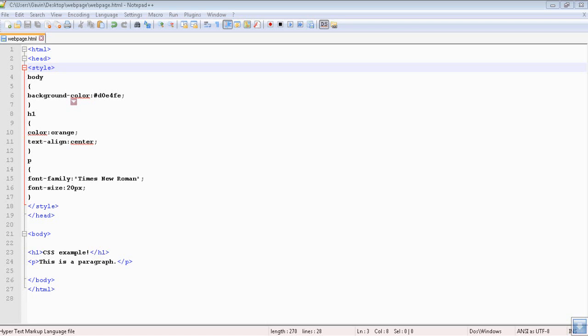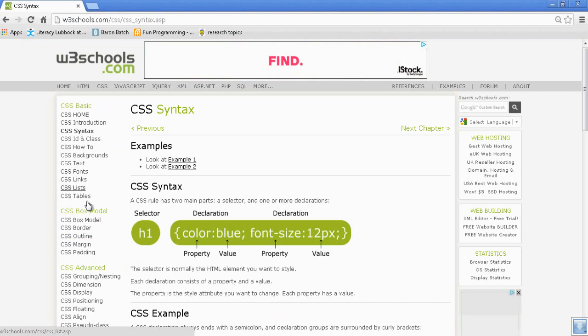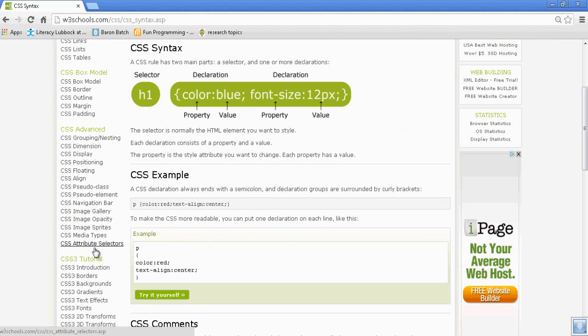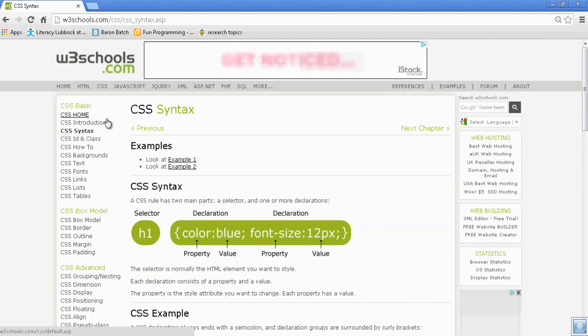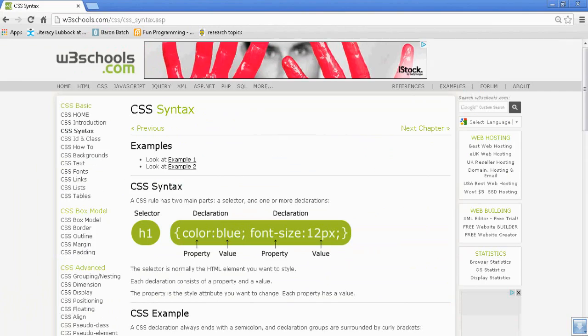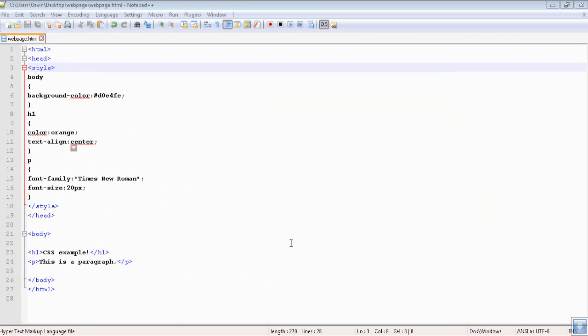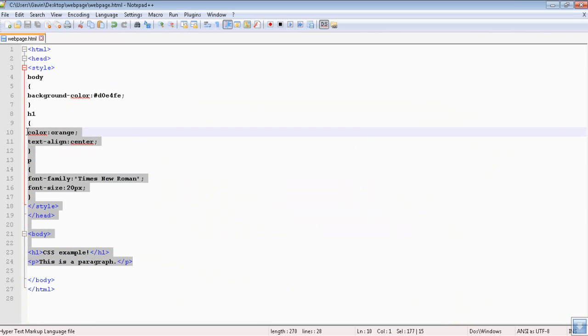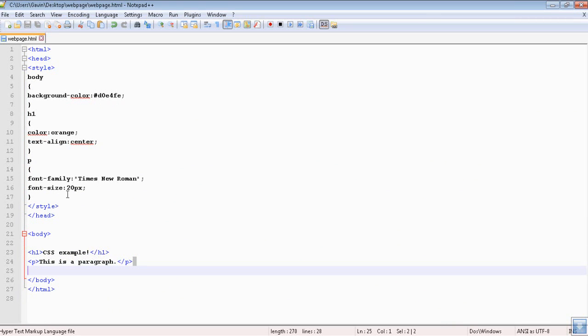So today we're just going to be going over everything there is on the w3schools.com. We're going to be going over all of these, and we'll do these in later videos tomorrow. I said I wasn't going to upload this until the next day. I lied. But yeah, so we're just going to close out and keep all of this, and then we're going to go ahead and